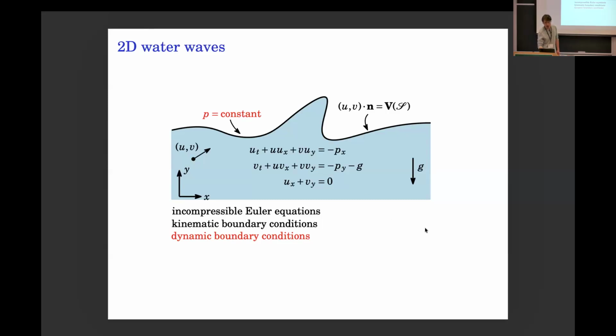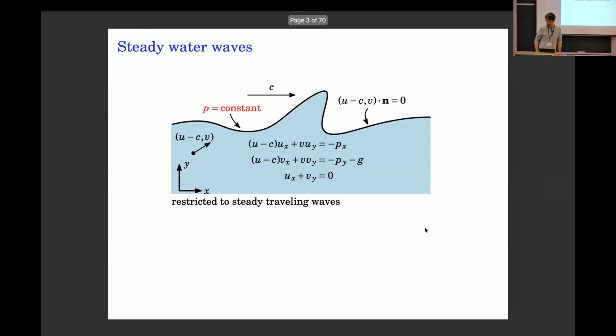Okay, so this is the 2D Euler free boundary problem, a very challenging problem. It'd be too hard for me. So what we're going to be doing is to try to eliminate one independent variable, namely time. So we'll be looking at steady solutions, traveling waves. So put everything in this traveling frame, and we're able to eliminate time. So what you saw in the earlier slides, the t derivative now becomes minus c times the x derivative. Okay, so this is a steady water wave system that we are going to be looking at.